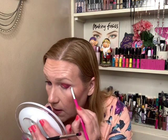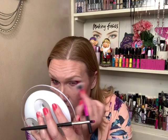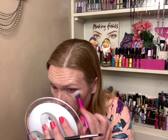But anywho, I'm at a standstill with it, because I don't know what to really do about it. I don't want to keep the glitters. And I do have a lot of palettes, so on the other hand, it's like, why am I keeping them? I do like the rest of the color story with these palettes that have glitter. But at the same time, part of me is like, you know you're not going to use it. You know it. So what are you doing? But then, like today, I used it. So...